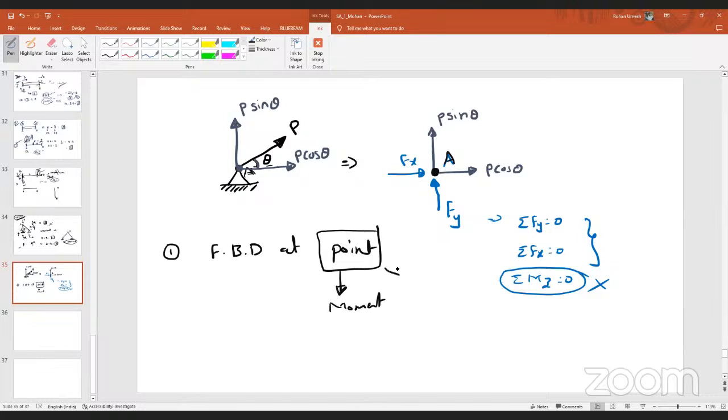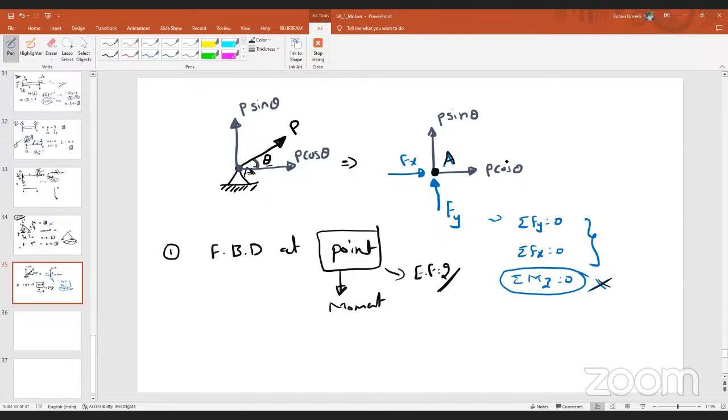So that's why you can consider only 2 equilibrium equations. Even if you don't consider moments, they will not develop, so there is no possibility of external moments acting at point A. And then by looking at the equations, you can simply say what could be the reaction effects? As P cos theta is acting in the right side direction,